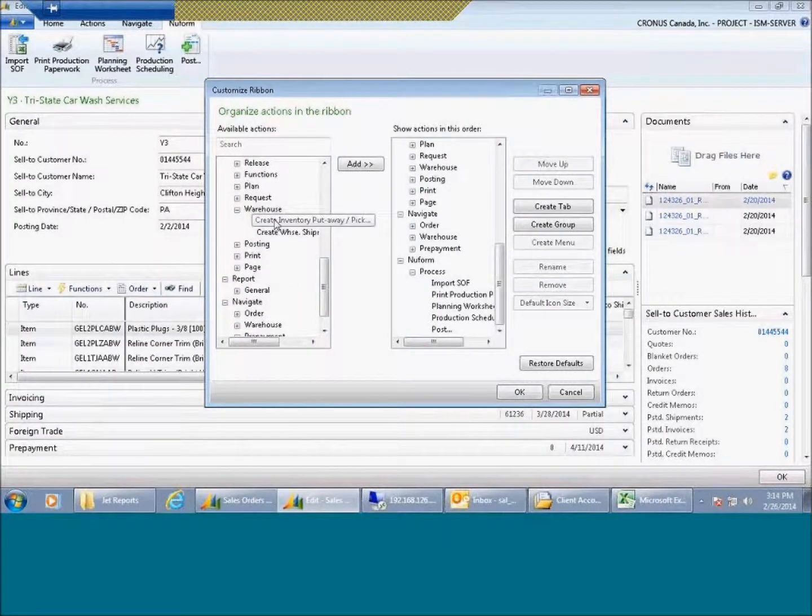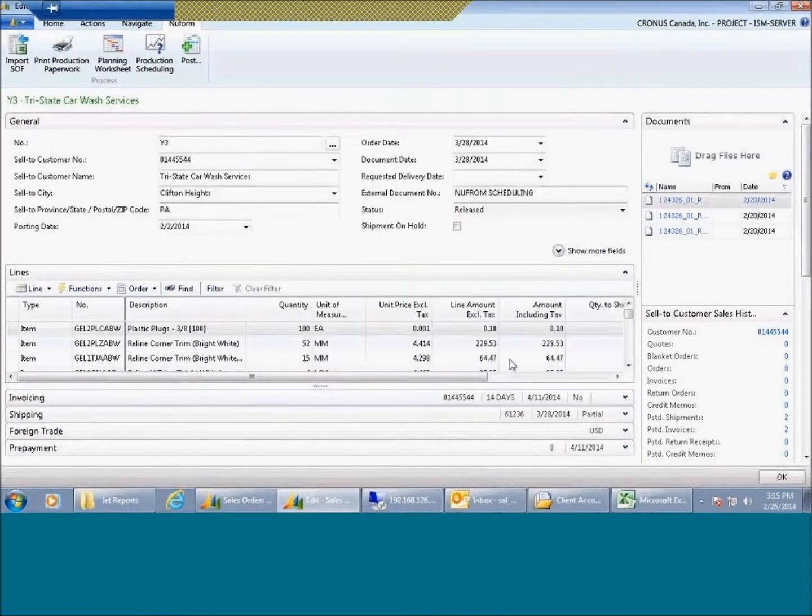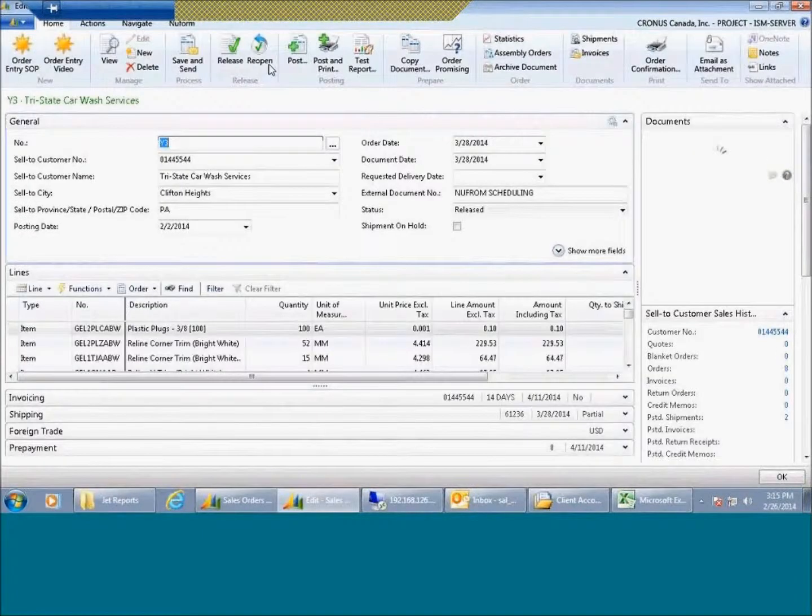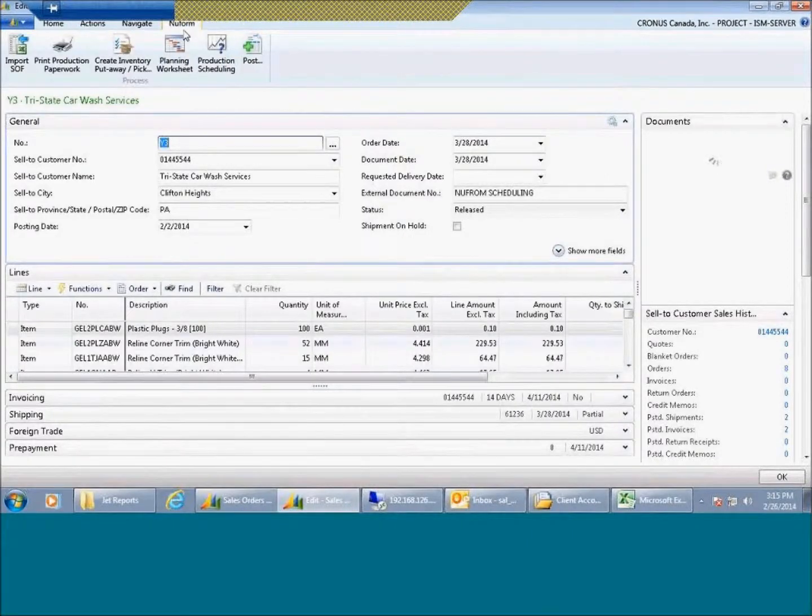So let me put in a create inventory pick. Maybe that's a part of my overall business process. So I click here where I want to add it. I click add. It adds it into the menu. And it's at this point that I can make it a big icon. And I can move it up in the sequence, maybe right there. So I click OK, and the screen transforms automatically, and I've added a button into the menu which represents perhaps